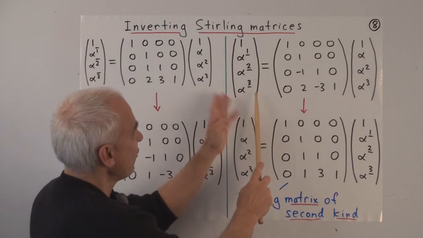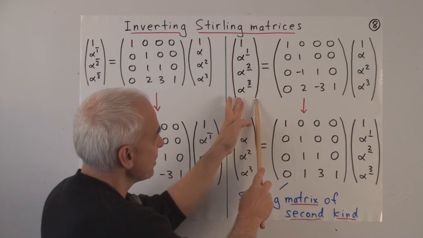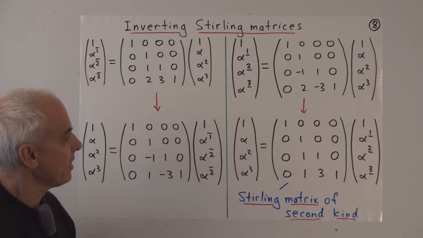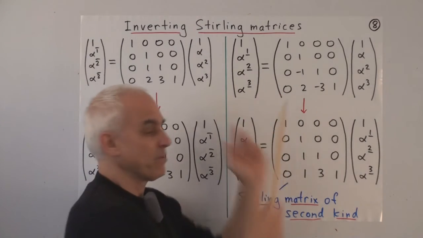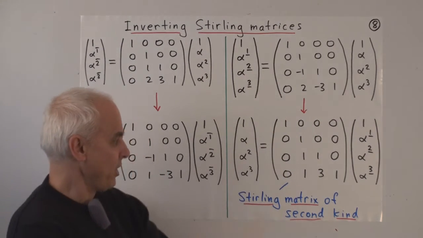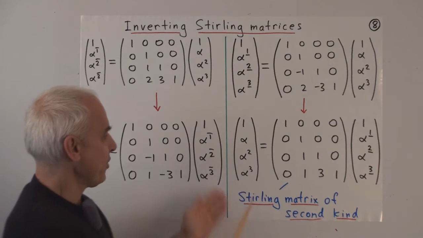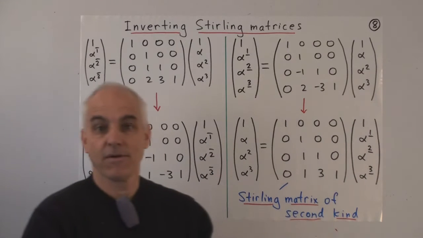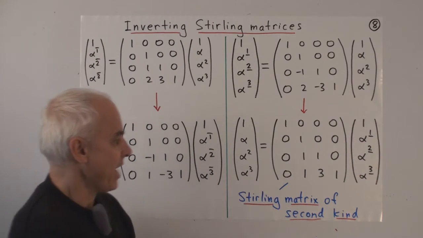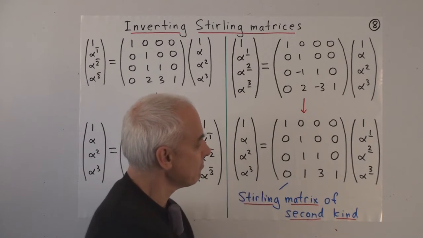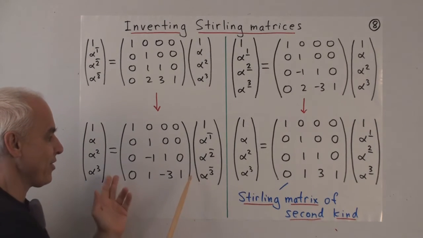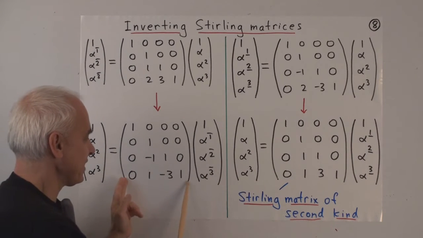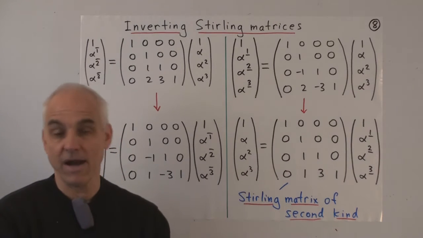So this is falling powers in terms of standard basis. This is rising powers in terms of standard basis. So now let's ask, how do you invert this particular matrix? Well, you can do the calculation again. So you end up expressing the standard powers in terms of the falling powers. And the matrix that you get is, perhaps not too surprisingly, quite connected with this one. In fact, it's simpler than this one. It's exactly the same thing as this one, but there are no minus signs.